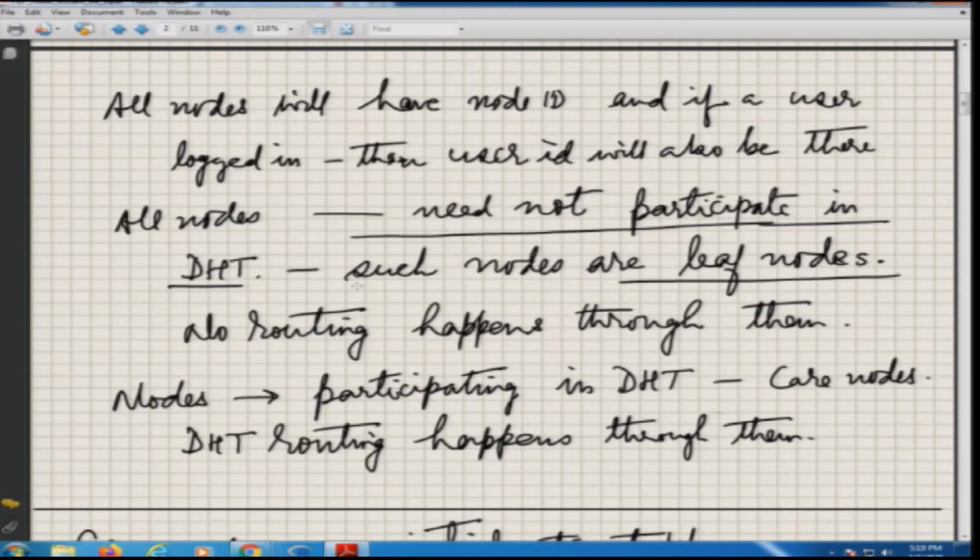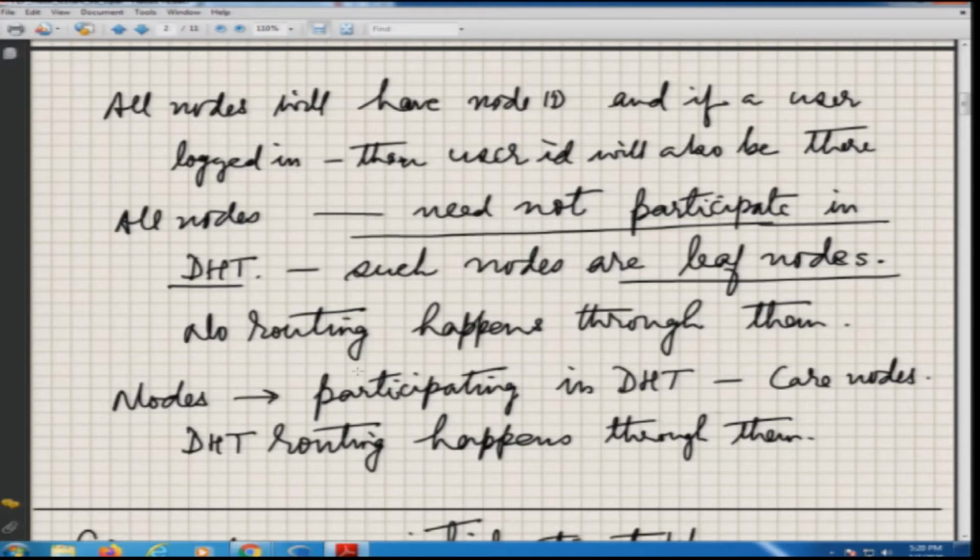Now, there is also a possibility, as I mentioned, that all nodes need not participate in DHT. All such nodes which do not participate in DHT, but are in the network, can provide service once in a while. They can also get a request for service. These kinds of nodes are known as leaf nodes, because they are just attached to some of the nodes which are participating in DHT.